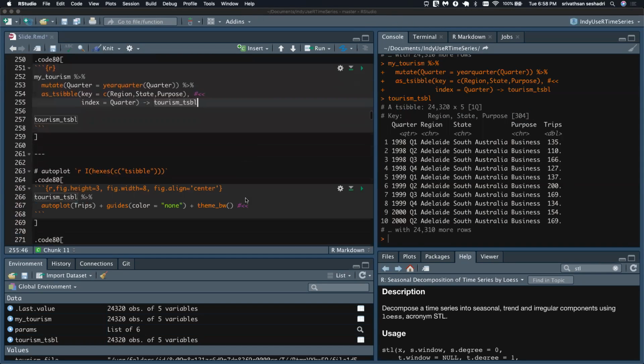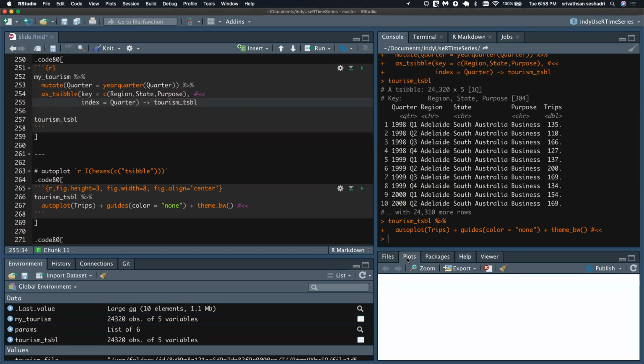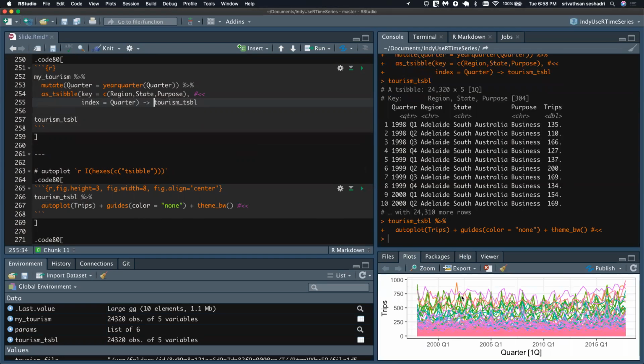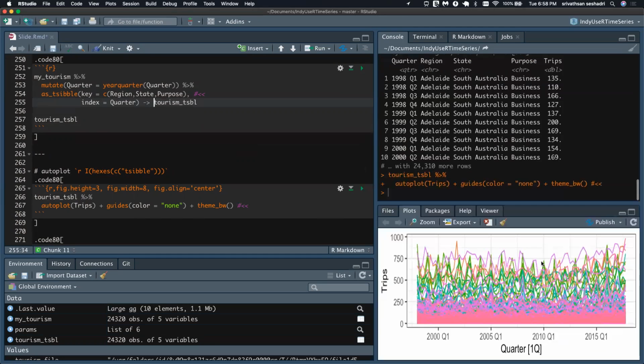Okay. So tsibble not only gives you a data type to structure your data to fit into other packages that we'll be talking about, like fable and feasts, it also opens up options for visualizing the data. For instance, you have 304 time series. Let's try and visualize them all together. You see, it brought up 304 time series.